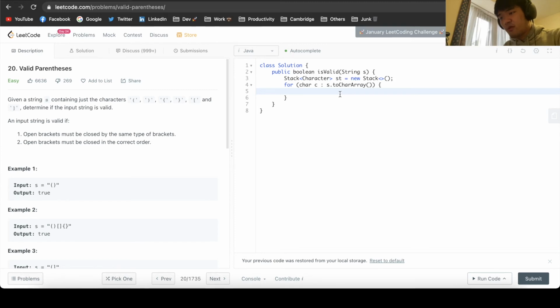So for each character, if the character is an opening type bracket, so if c is an opening round bracket, or c is an opening square bracket, or c is an opening curly bracket, we simply push it onto the stack. We don't need to do anything. So else, we check what is on top of the stack and see if it's valid. So we could do char top equals stack dot pop,